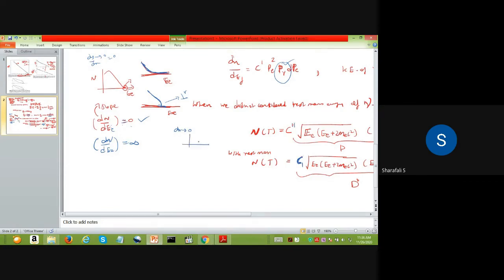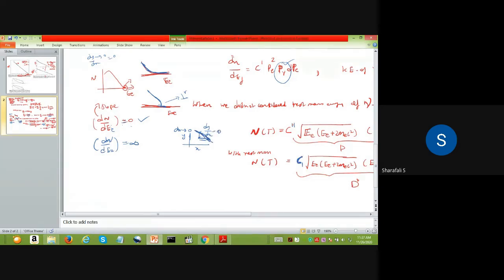So if you calculate the slope of any curve, you have to take these things, and this is your y-axis, this is your x-axis. You take this point minus this, so you'll get dy. And if you take this point minus this one, this difference, that is your dx. So if you divide this you will get the slope of this line.